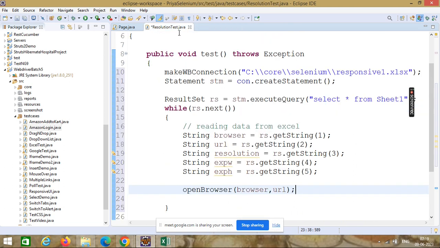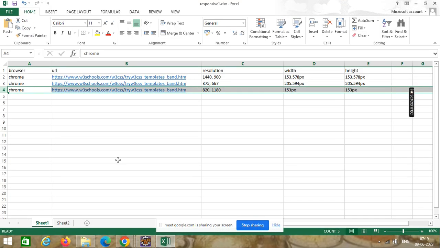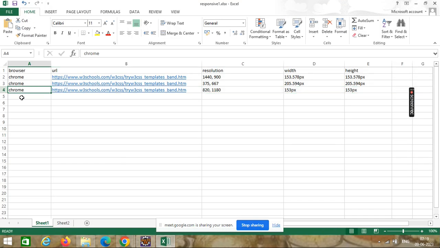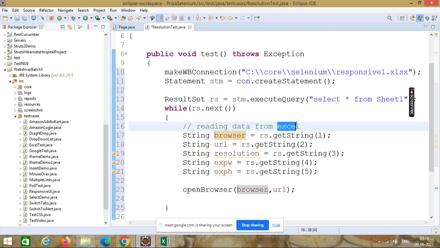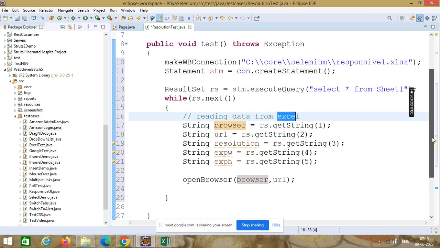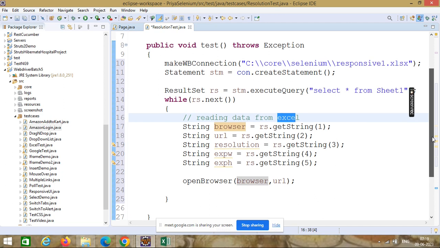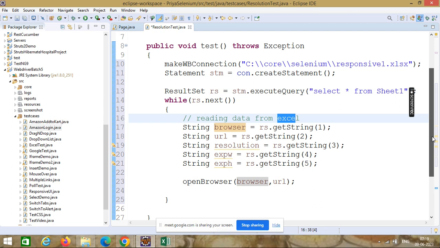But here we are passing the data from the Excel. So you can modify the Excel later on. Instead of Chrome, you can add some other URL, or you can change the resolution. If I make changes to the Excel sheet over here, automatically the changes will take effect in my program because it is reading the data from Excel. So this is called data driven. That is, data is passed from the outside to the test method.